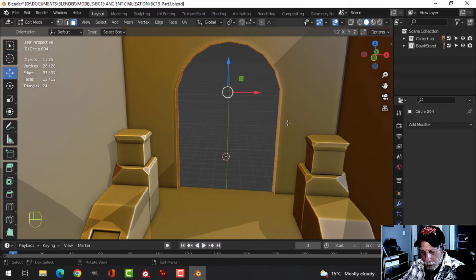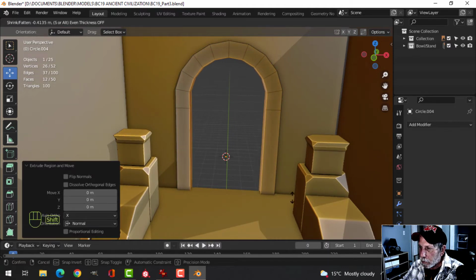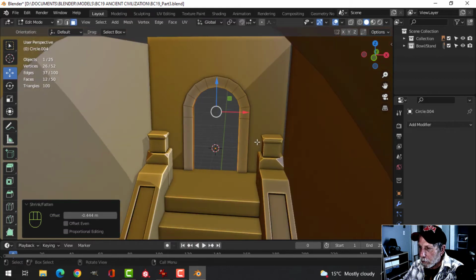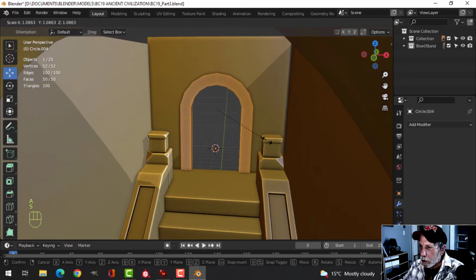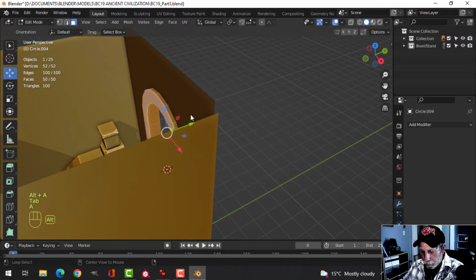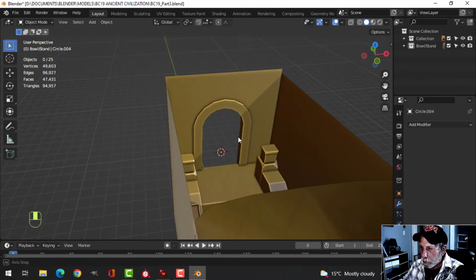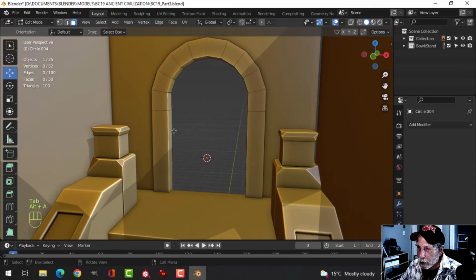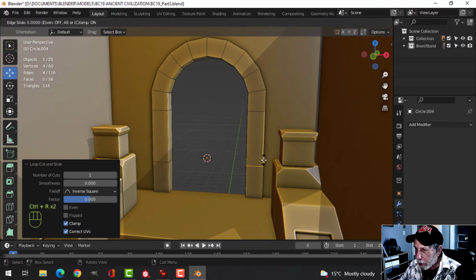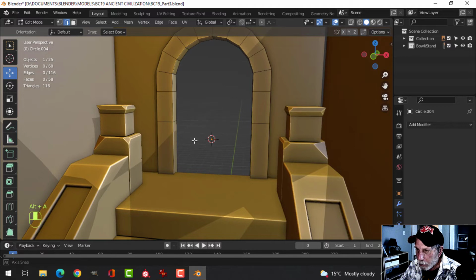Okay, let's E and Alt S and pull. Now that obviously makes it smaller. Let's scale it out again a little bit. Flip them. For the moment, let's put another edge loop there and there. Bring them up. Not that they should be symmetrical necessarily, but